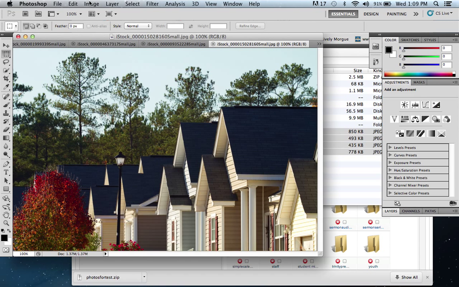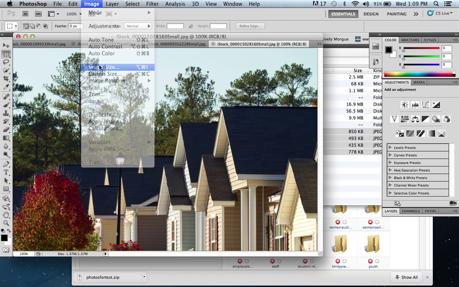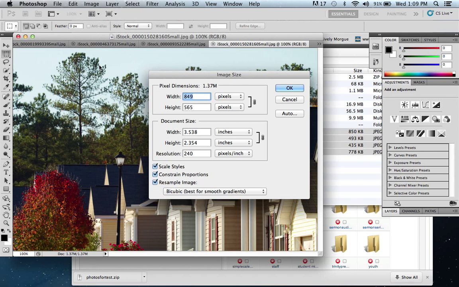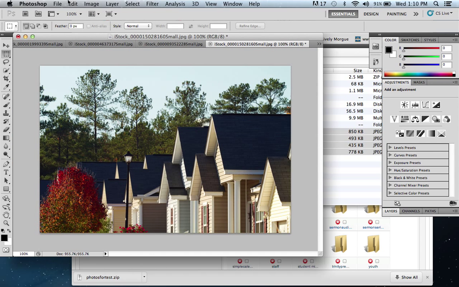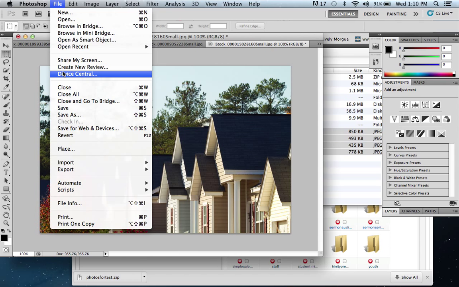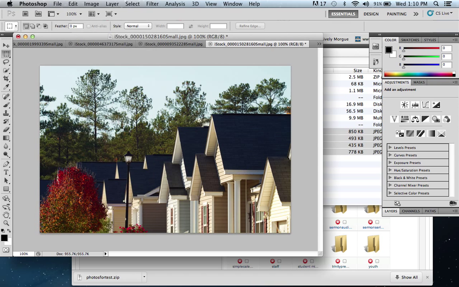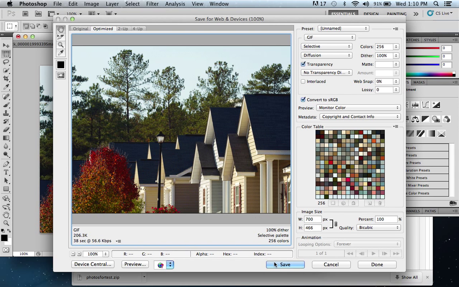And image size. This is 849, probably a better size for a photo gallery on the website is going to be like 600 or 700 pixels wide, because the whole website's about 1100 pixels wide. So 700, okay, and going to save for web and devices,